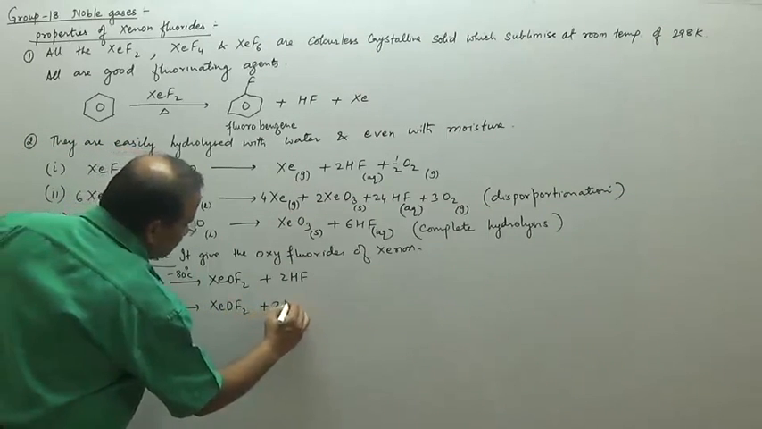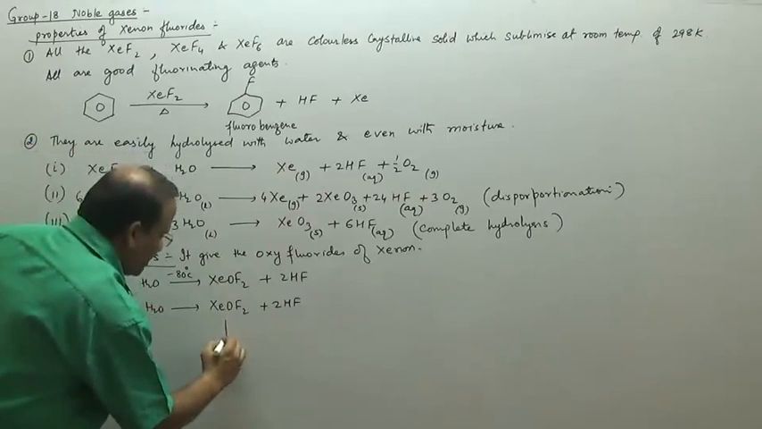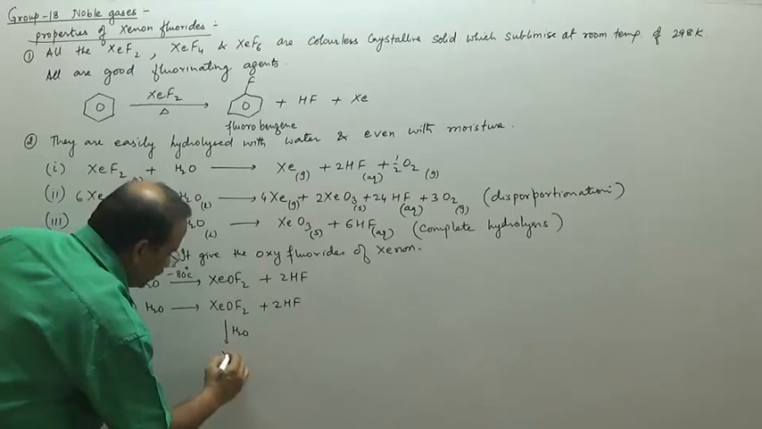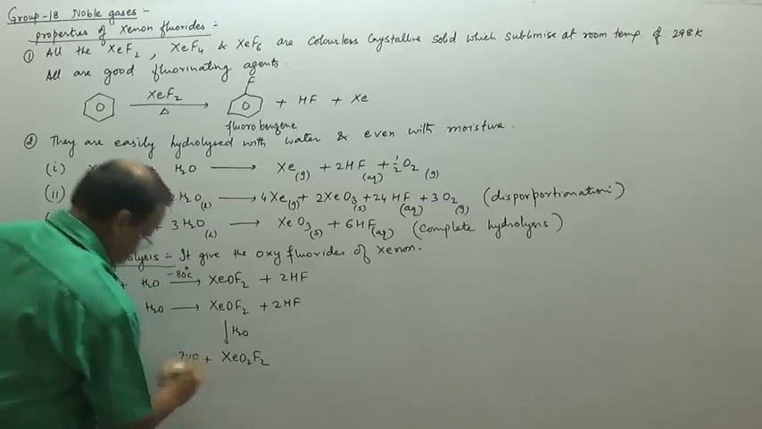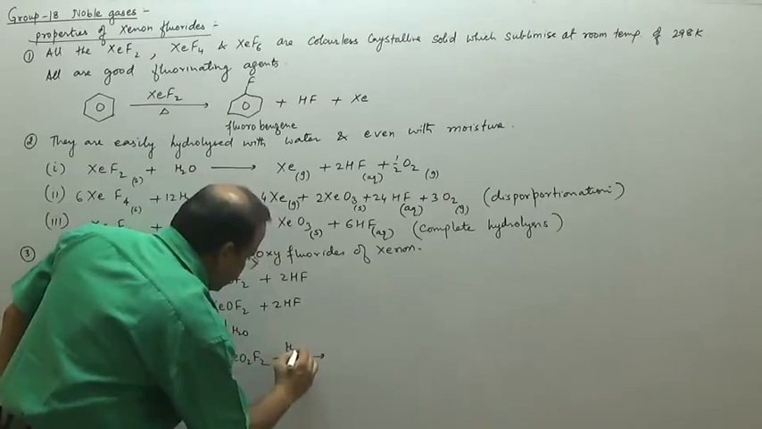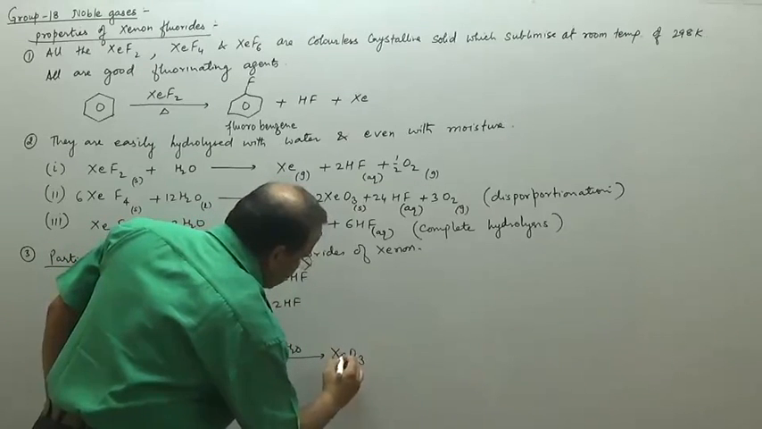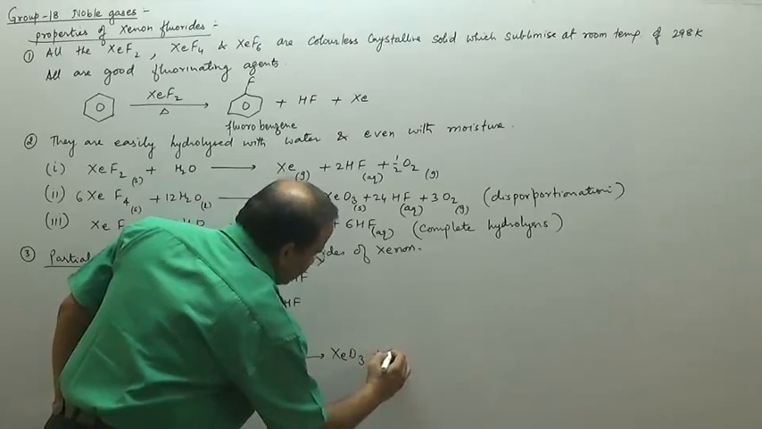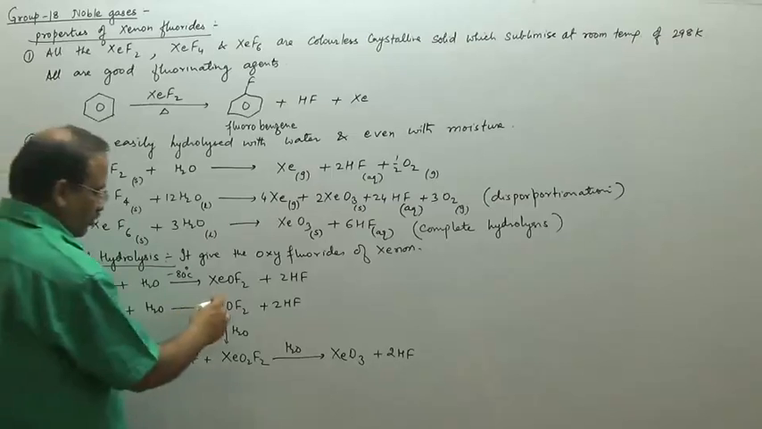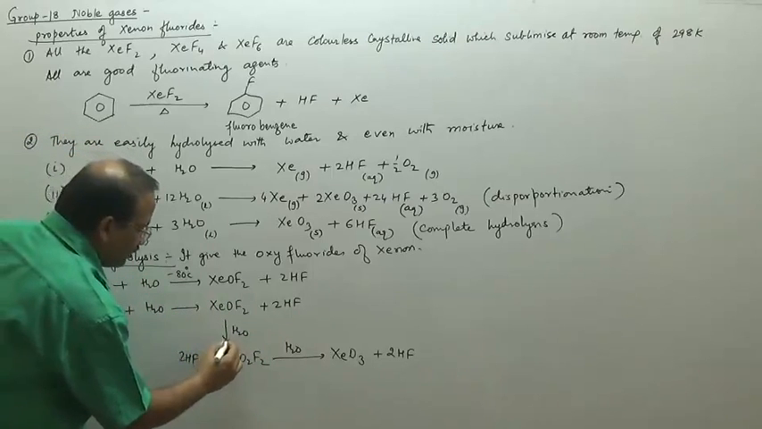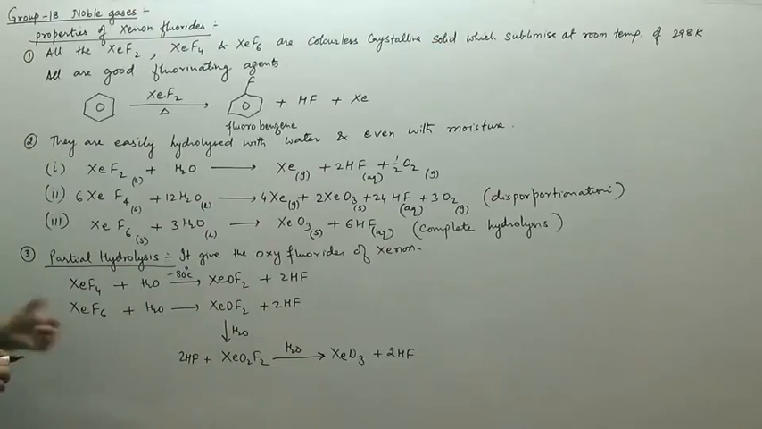HCOF2 plus twice of HF will be formed in the reaction. Then I can write HCFO2, this will again react with water to get converted into HCO2F2 plus twice of HF. Then this again reacts with water to form HCO3 plus twice of HF. So this is how we write the partial hydrolysis, and the product of the reaction we get in the partial hydrolysis is HCO3,